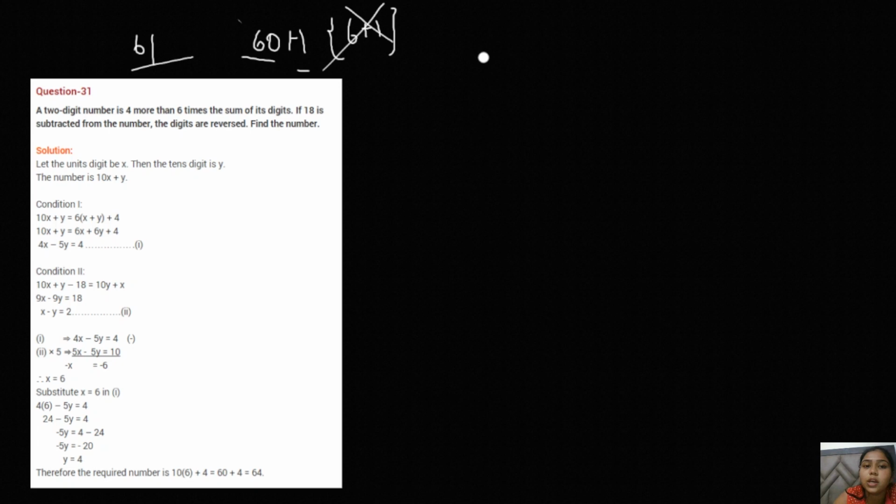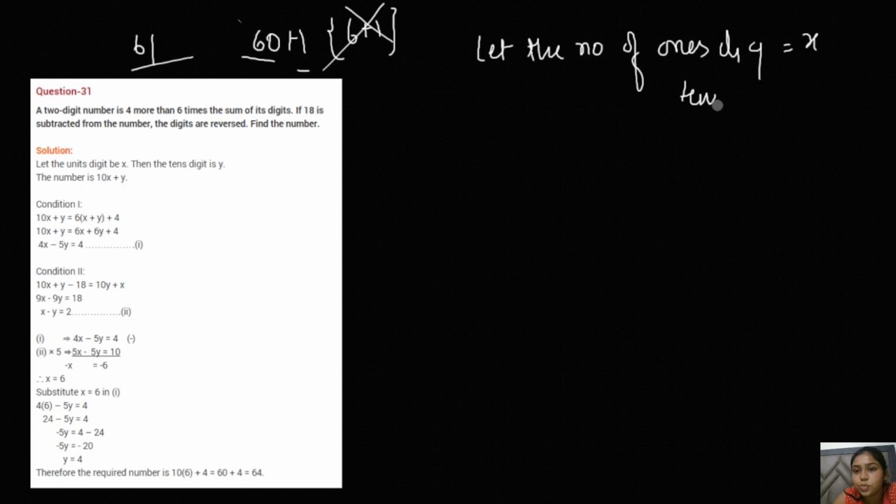So basically let the number on the 1's digit be x and the 10th digit be y. So when we form the number, what we'll do is, when 61 is formed, 6 multiplied by 10 plus 1. Multiply always the 10th number with 10 and then add the 1's number. So the number will be 10y plus x. Am I right?